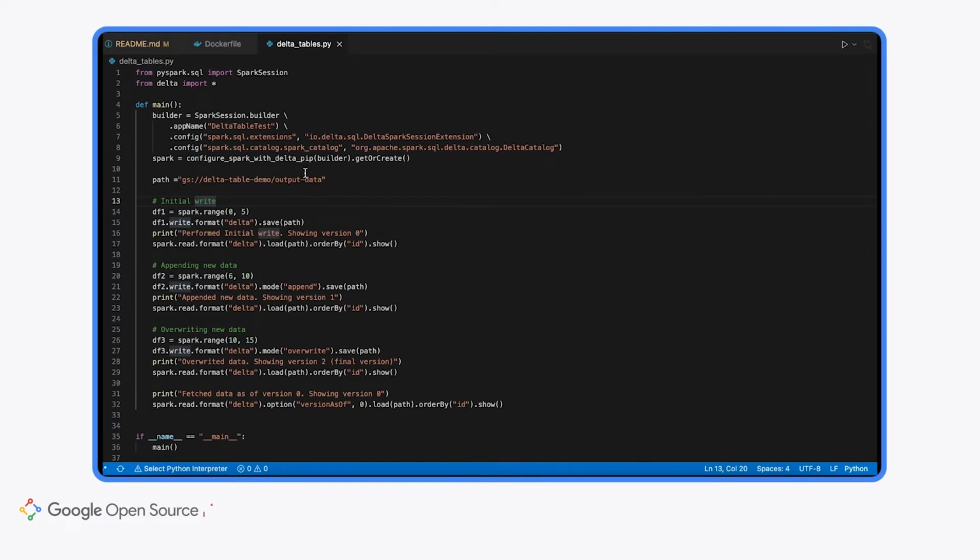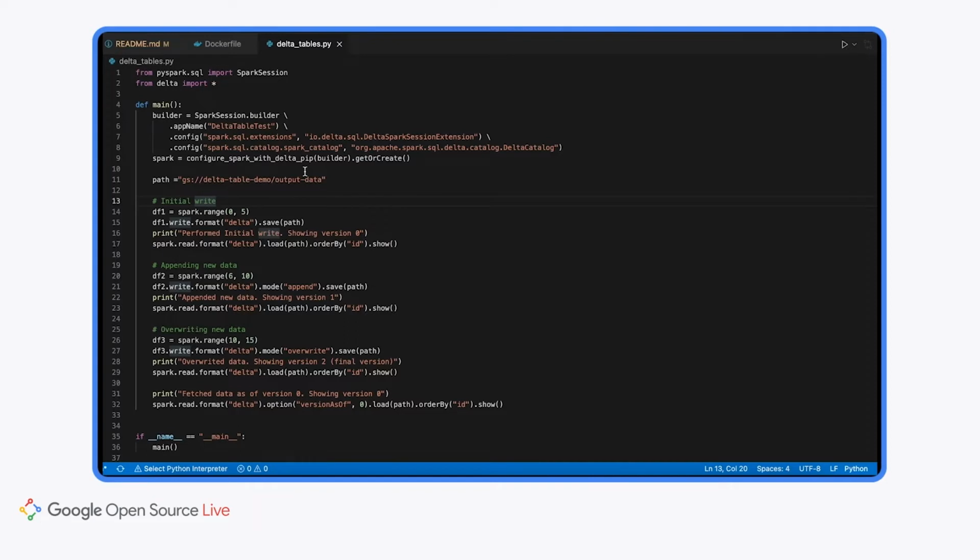In our code, what we're trying to do is simulate a simplistic version of a data lake to which data is constantly written, and then data is overwritten for some reason or another. This is a common scenario, in my opinion. You can have a data lake to which several processes, several ETLs, several streams are constantly writing data, appending data. And then for some reason or another, you might want to delete or overwrite existing data. That's what we're trying to simulate here. So the first two steps, we write data, we append data, and then finally overwrite data.